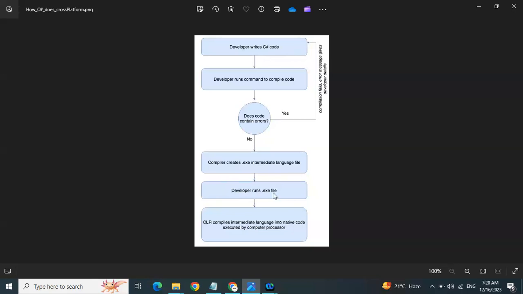Once again, developer writes C# code. Then after the developer writes C# code, developer runs a command to compile code. This is pretty much your dotnet run. You can also use dotnet watch run, which is, as you write the code, it automatically gets updated, or you can use dotnet build, then dotnet run. But note that dotnet run would run dotnet build for you straight up. I pretty much wanted to talk about this because I couldn't find any video that really explains this in detail. So I said, let me just talk about how C# enforces cross-platform